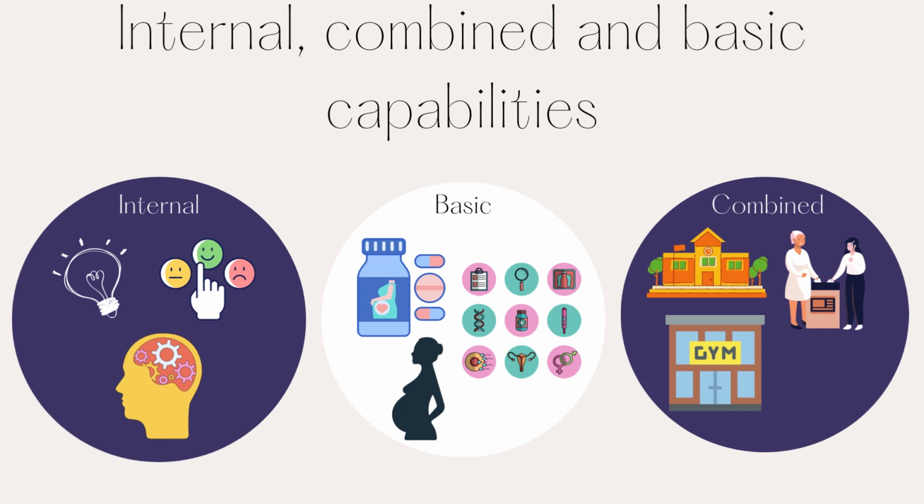And just because someone may have the internal capabilities of being intelligent, they may not have access to resources such as education or other resources to enhance their physical and emotional health or the support of their family. The next is basic capabilities, which are the innate faculties of a person that make later development and training for other capabilities possible. This is the example of prenatal care and maternal nutrition, which enable someone to be a better mother and function better as a parent.